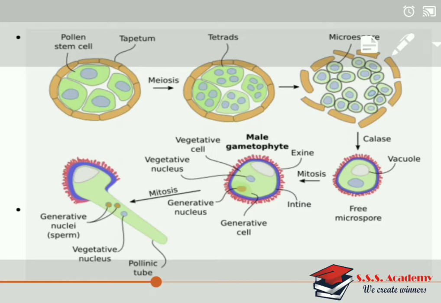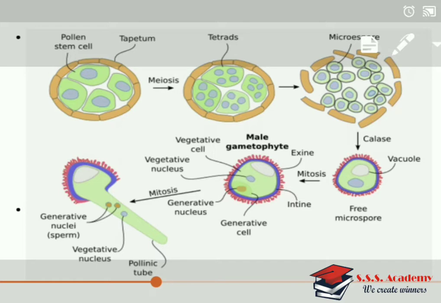So pollen grain marks the beginning of the male gametophyte and it undergoes first mitotic division. So it results into formation of a bigger naked vegetative cell and thin walled generative cell. So if you observe the diagram, that whatever cell consists of the vegetative cell and the small cell that is so called as a generative cell. Okay, so on first mitotic division, if you observe fifth diagram, it shows male gametophyte clearly.